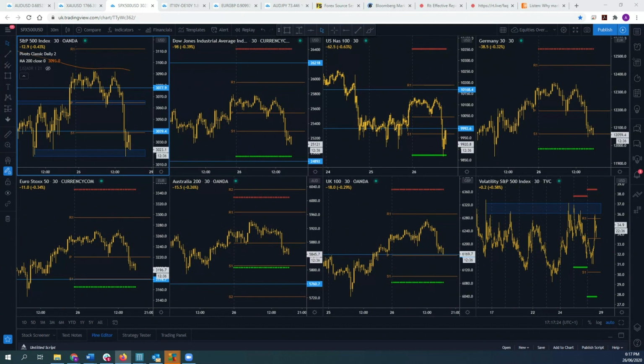And step number three, after you've done that, use any one of the many technical methods out there to determine the best possible levels for entries, stop losses, and take profits. For me, it's really that simple.